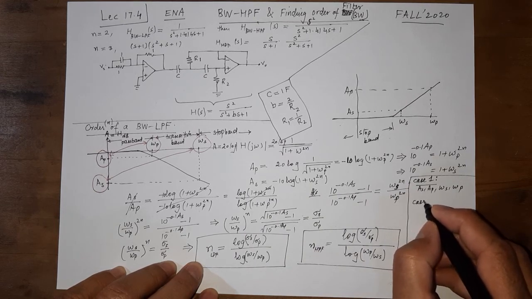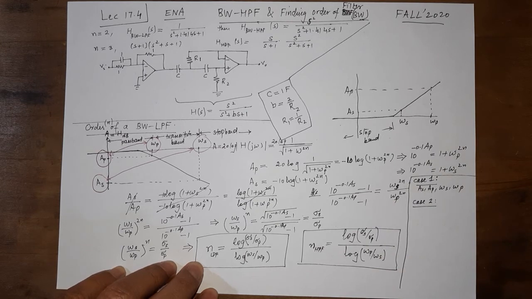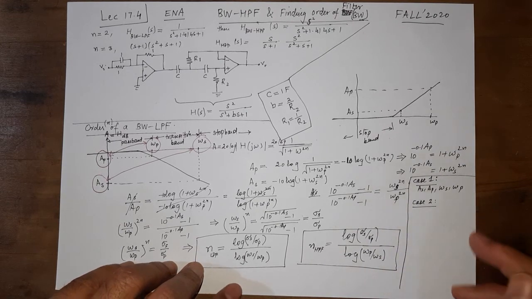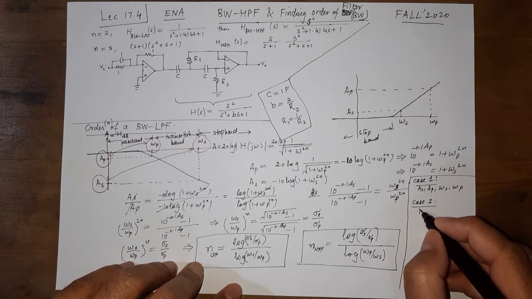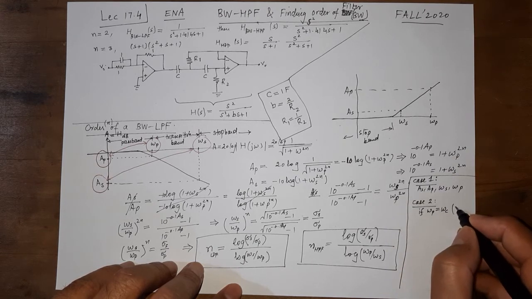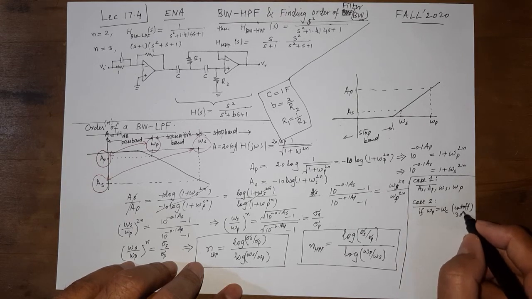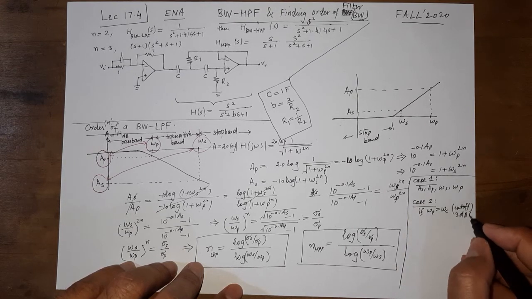So if instead omega p is the cutoff frequency, the 3 dB cutoff frequency,